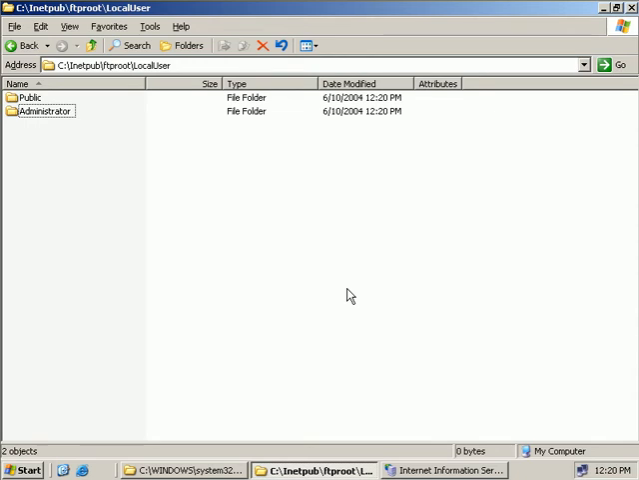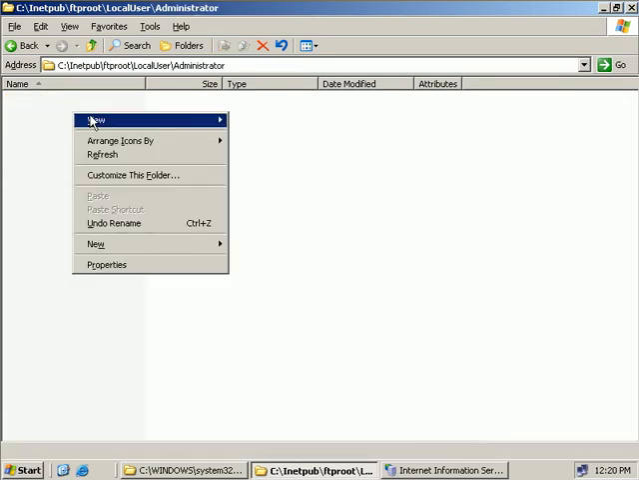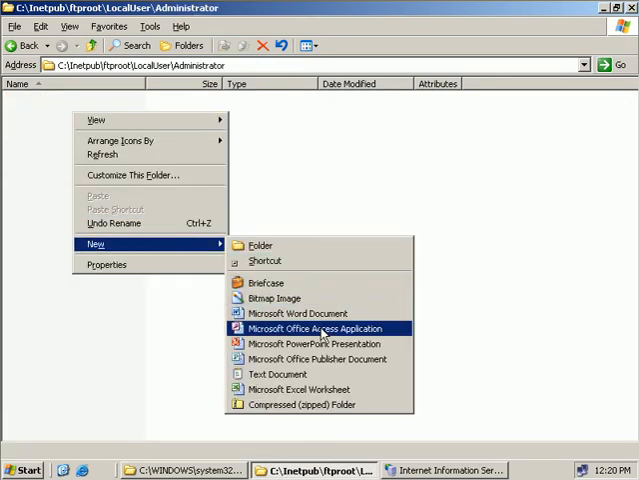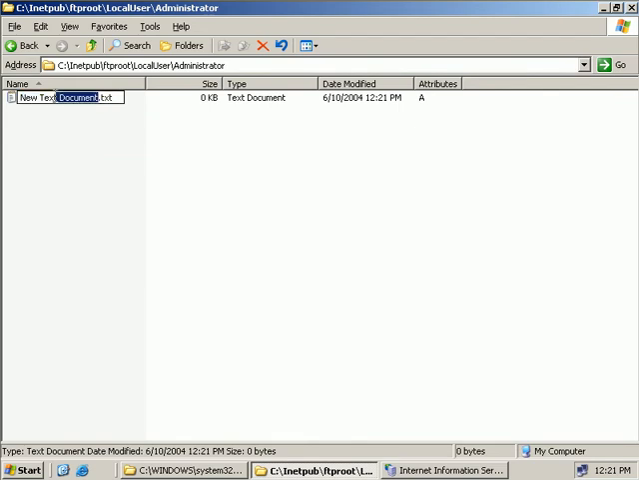Now to make this easier to identify which directory we've landed in, I'm going to go to our administrators folder, right click, select new, and create a new text document, and I'll just call this one admin.txt. Okay, if we go back to our wizard